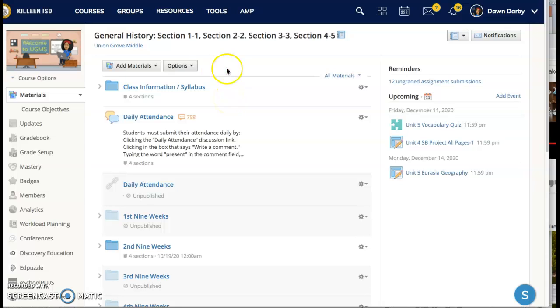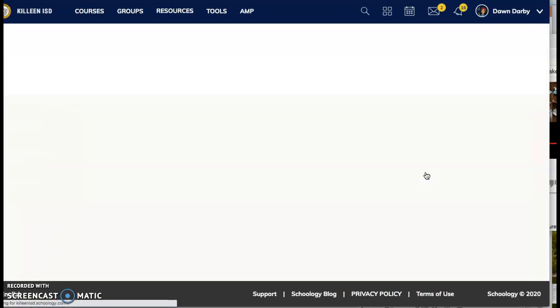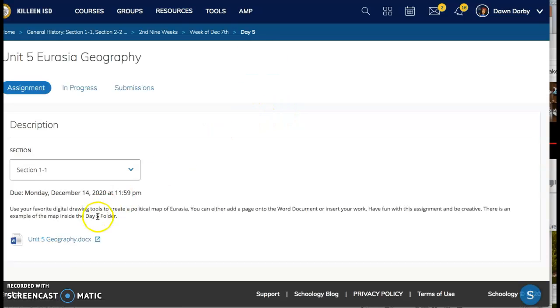Okay, I'm going to do a quick video to talk about drawing tools, online drawing tools. In your assignment, if you click on the actual document, it is going to be inside shared, or it's going to be shared inside OneDrive. So what you're going to have to do is hit edit and then open in